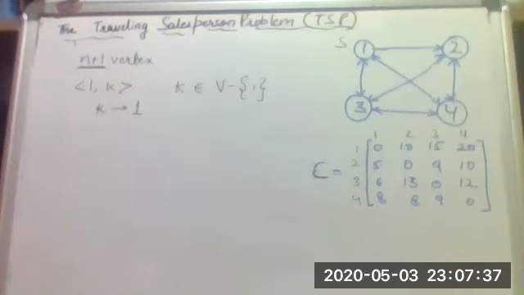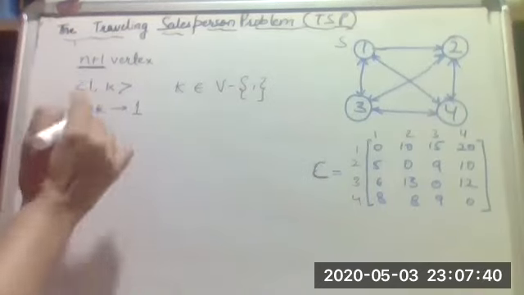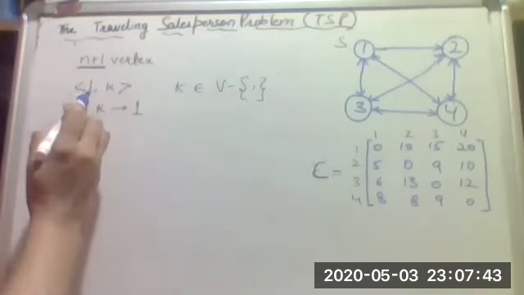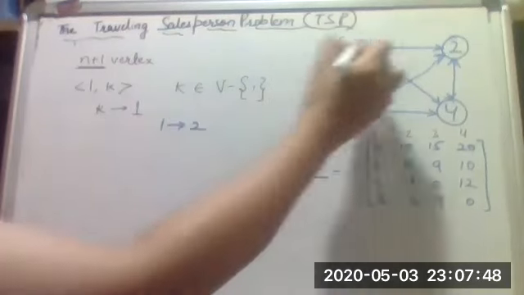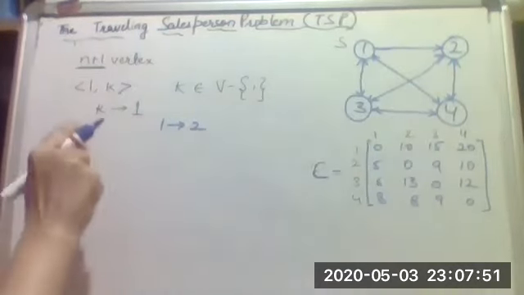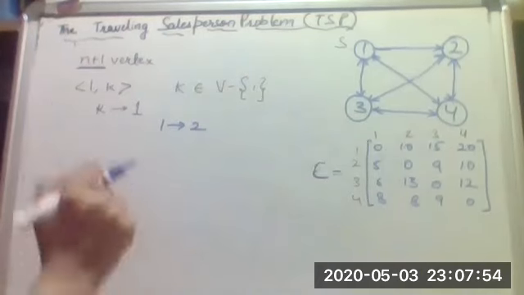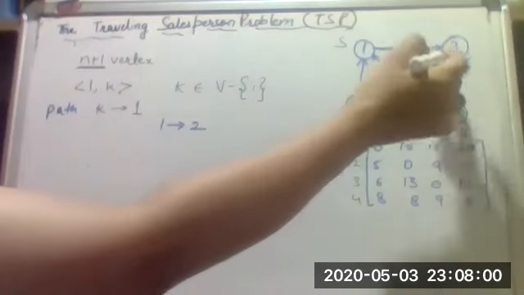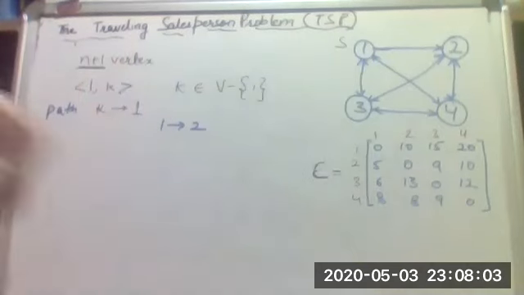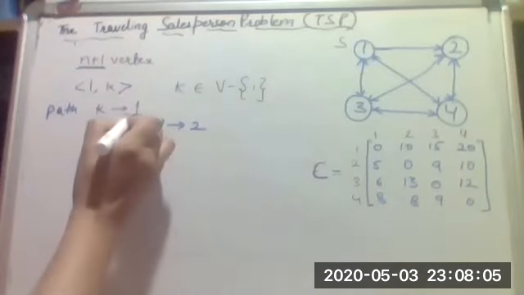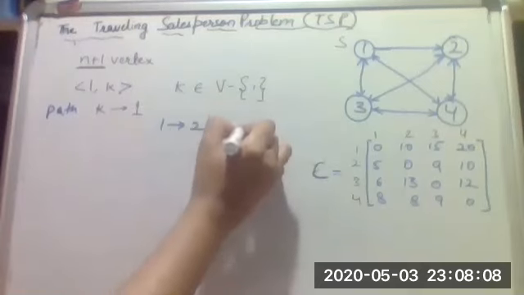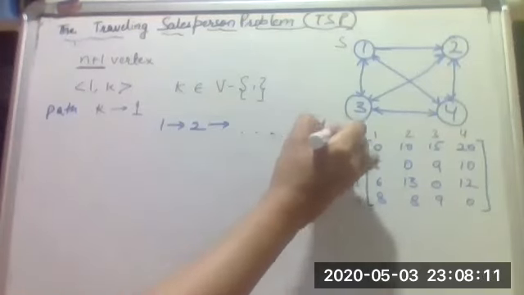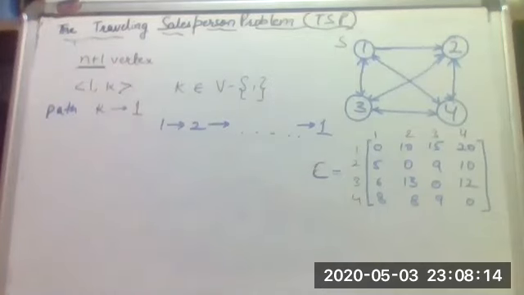Yes, so that is what it means when we say that the tour involves an edge 1 to k. K can be any other vertex. So let's say in our case 1 to 2, and there has to be a path, not the edge. We are talking about a path from k to 1. So that means from 2 to 1 there should be a path. Why is that required? Because from 2 to any other vertices, it should be able to reach the source vertex back again. Yes, I hope that is clear.